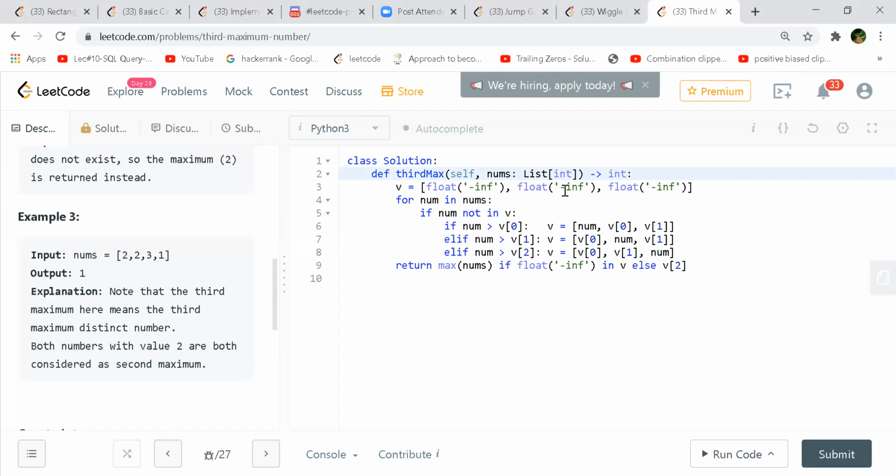So float actually is still 32-bit, or will it be slightly more? It won't be 64, I think it's 32-bit. The size of float is greater than long. So for sure we will be able to take care of that int min here also. And in line 9, the compiler will specifically typecast it when returning the values. So even if the value of v is float at first, whenever the values get swapped, the data type will be dynamically typecasted to int. So that happens here.